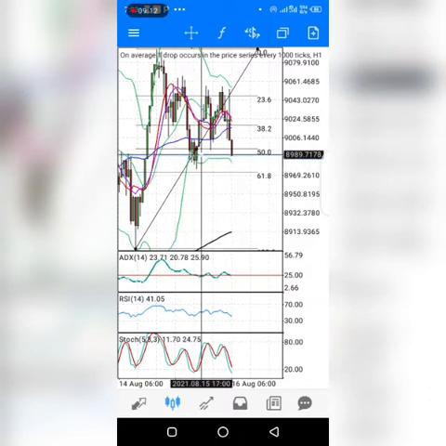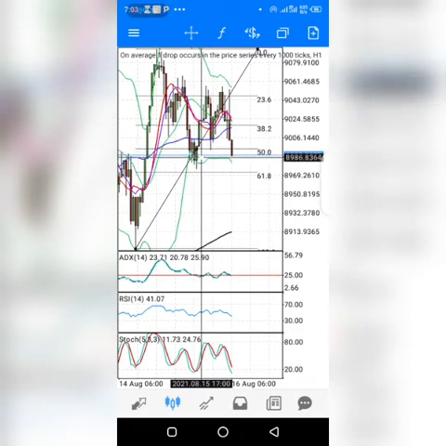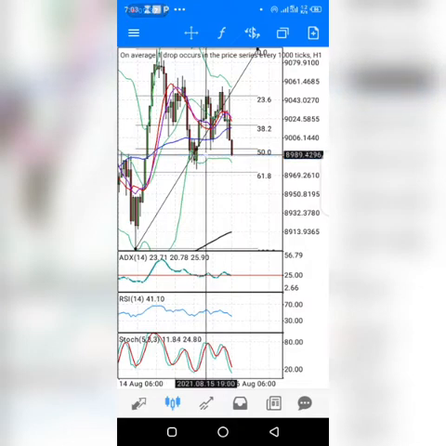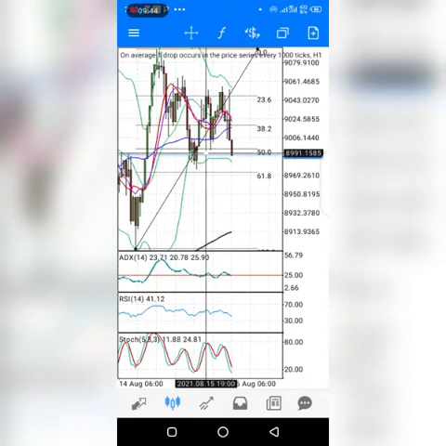Now, if eventually the buyers couldn't beat the 50.0 mark, at the point of reaching this 50.0, there was a drawback. There was a sell at this point, this 50.0. If you notice, the green candle beats the 50.0 mark. If eventually this 50.0 acted as a resistance and was able to push price down,